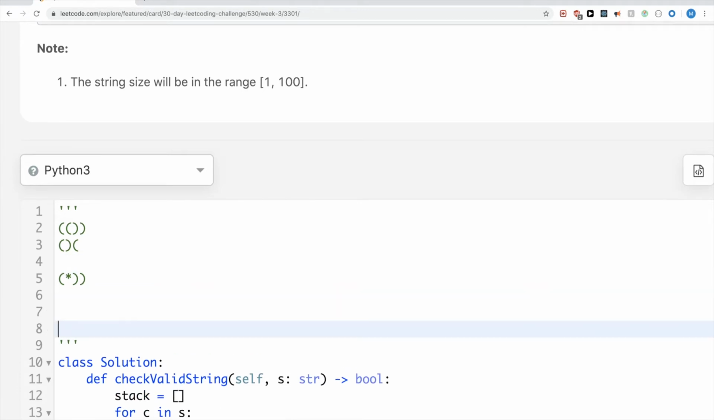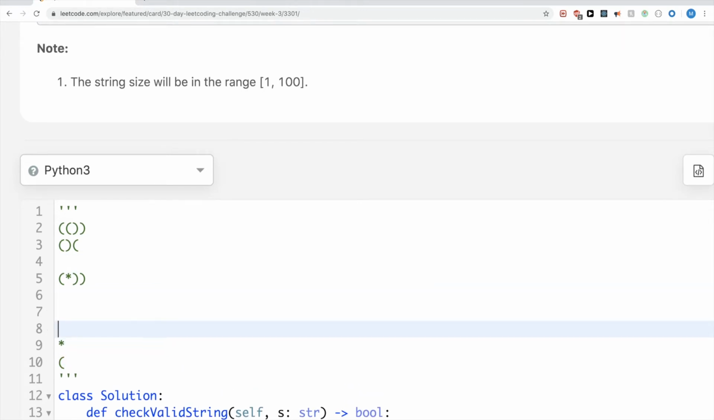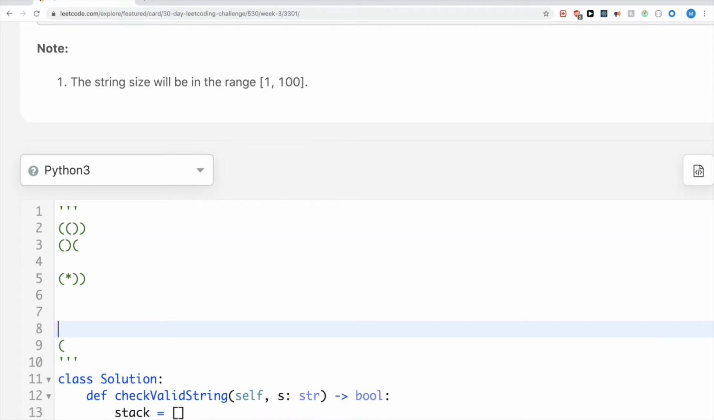So this one, what will happen is that we will put this in the stack, and then let's say we put the star in the stack. Then we will encounter a close parenthesis, right? And so we would remove this, and then we will encounter another close parenthesis, so we'll remove this. So adding it to the stack works. But